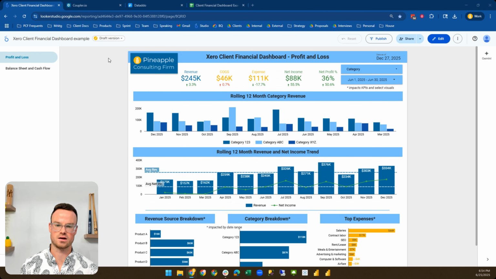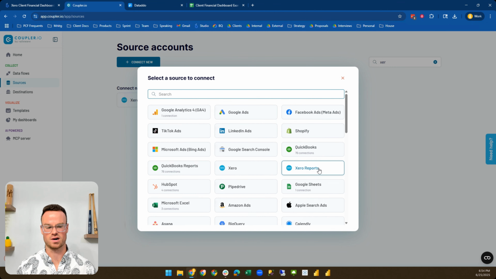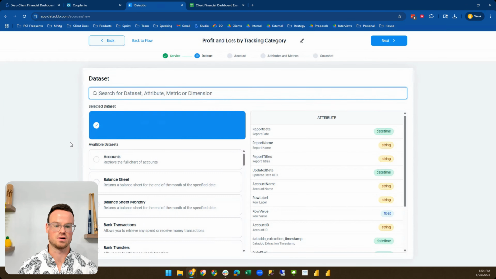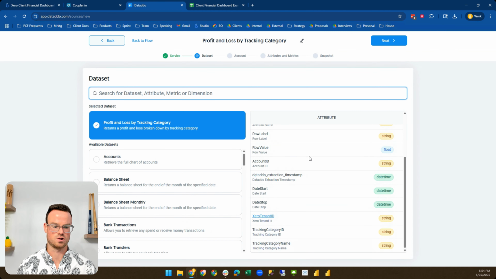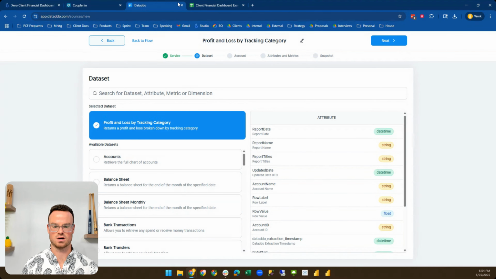So tools to do that are called ETL tools. You can use something like Coupler. You can use Xero reports in here. I recommend Xero reports, not just Xero. And then in DataDo, you can also do something very similar. And here you can actually see a little bit of a preview, this profit and loss by tracking category. You can see kind of the attributes that you're going to pull, see what that data is going to at least somewhat look like. And then once you pull that data and once you link up your account and everything,